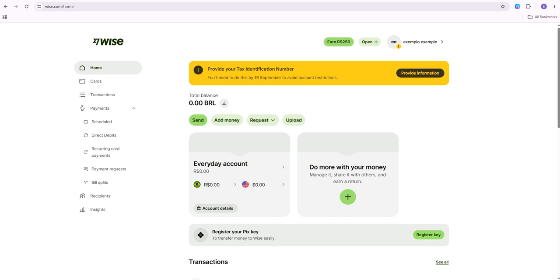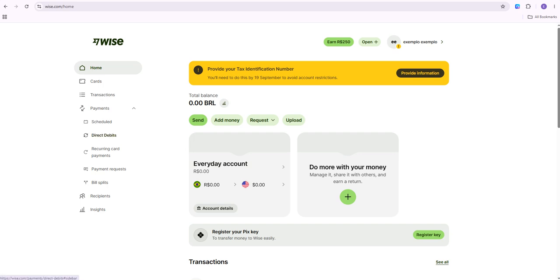In this video, I'll show you how to set up a direct debit in Wise. First, open your web browser or the Wise app and sign into your account. Make sure your account is verified and that you have a balance or account details and the currency required for